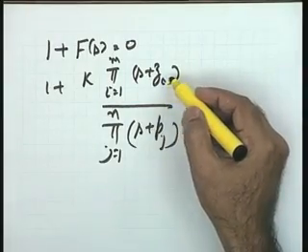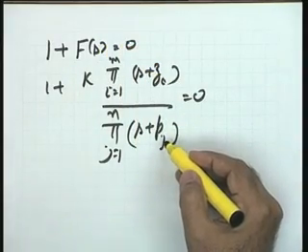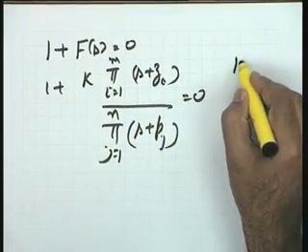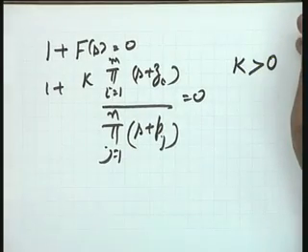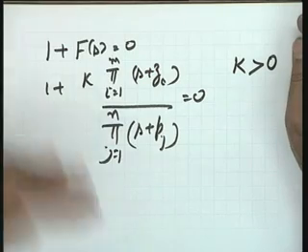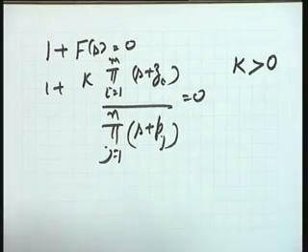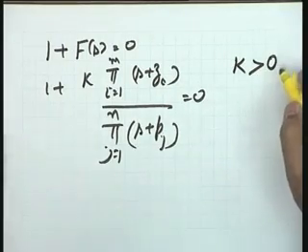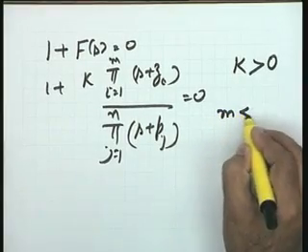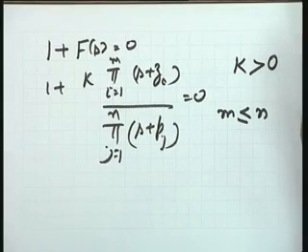Okay, and zi are the zeros of the function F(s), and pj's are the poles of the function F(s), and I restrict my discussion to K greater than 0, which is the most commonly encountered situation. If the other situations come for K less than 0, well, the root locus method can be identically applied on those situations as well. But let us restrict our system to K greater than 0, and secondly, m of course will be less than or equal to n because of realizability requirements.